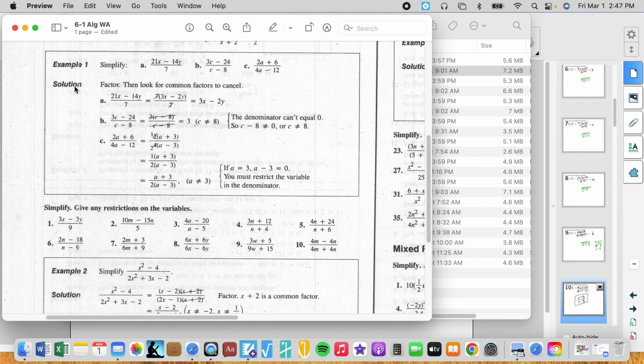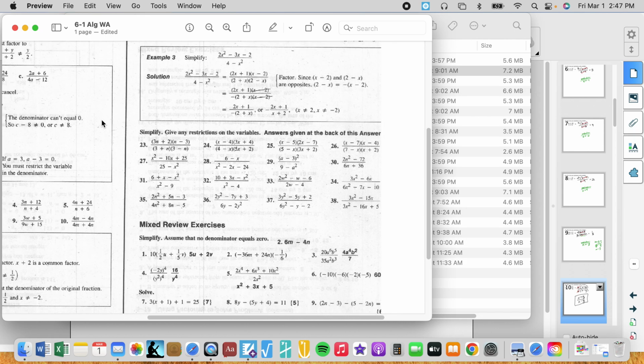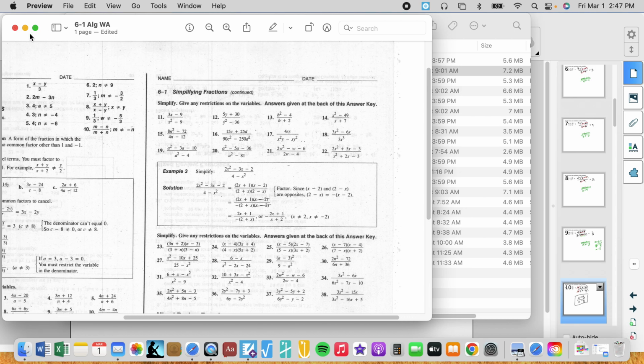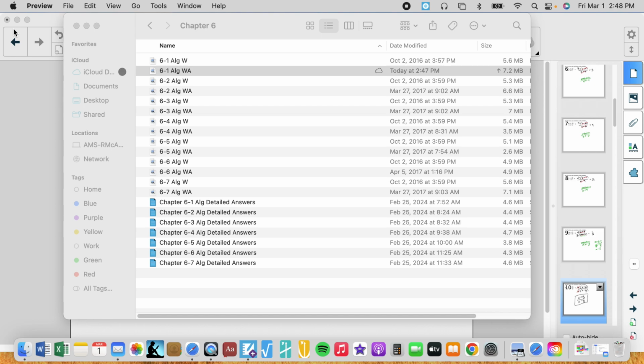Where's the answers? Answers given at the back of the answer key. Thanks for that. At the back of the answer key. So let's see where. No, that's not the book. Let's see if we have an answer key for you. Let's see if we have algebra. Oh, that's book 2. Oh, no. Where's Mr. Mac? I don't know where my